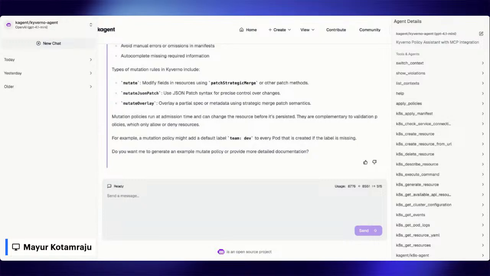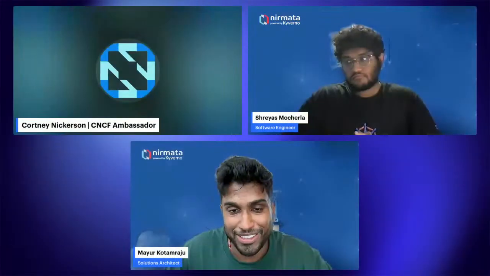The agent interprets that, generates the MCP instructions, then Kyverno enforces them at the cluster level. Most importantly, this shortens the feedback loop, reduces human error, and makes policy enforcement both scalable and approachable. And yeah, that's my side of the demo. Thank you so much, and back to you, Shreyas.